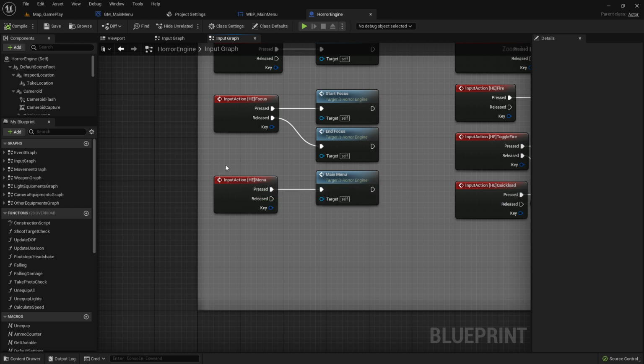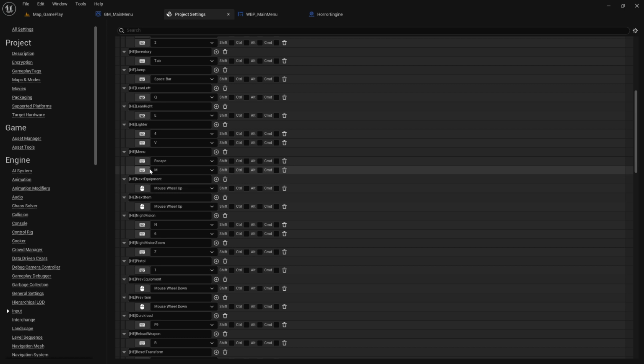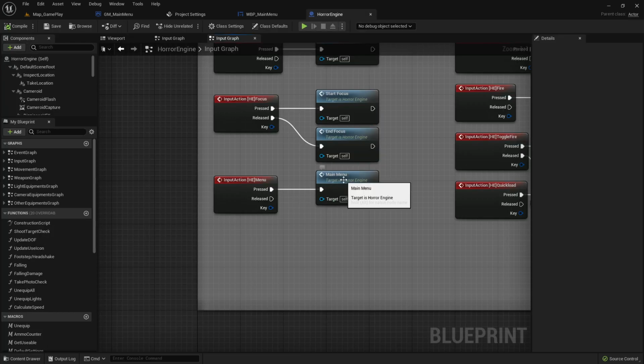Here, with this red function call, or let's say event call here, not function call. Here, event call. You can see this HE means Horror Engine menu, and when we watch this in project settings, HE menu. So you can call it with this Escape or this M key, and then it will call